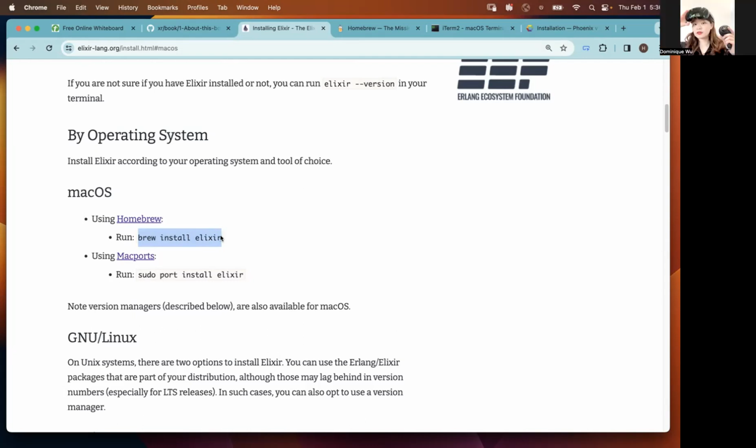Yeah, so you had to have known that you need a terminal. Then it's brew, which will not work unless you first did this, which is the thing that you just did, right? So now you have Homebrew. I already did that. I will just hit copy and paste and run brew install elixir. So you got sidetracked on the first thing, which is that you didn't have Homebrew yet. But once you have Homebrew,